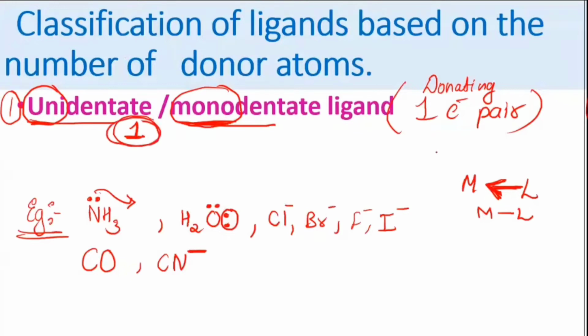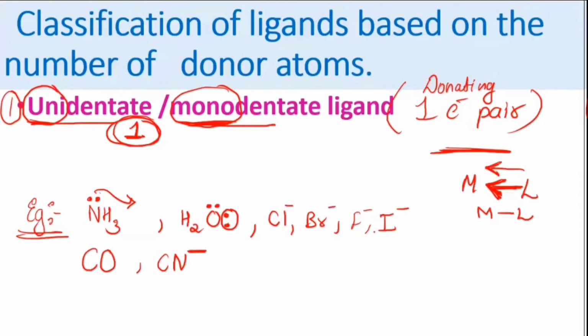Again I'm repeating, it's an electron pair because both the electrons are given by the ligand itself. Metal is not giving its share. Both the electron donation will happen only from the ligand side. If they have to form a bond, the minimum electrons required to form a bond is 2, no? So both electrons will be donated by the ligand. So that's a unidentate ligand.